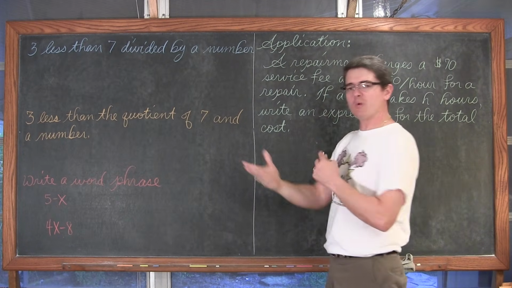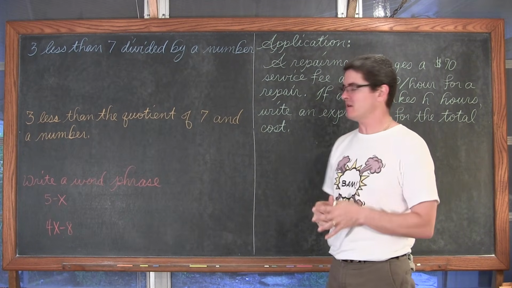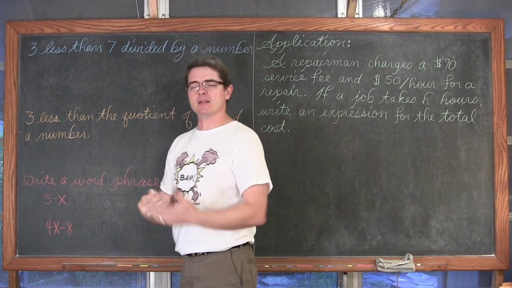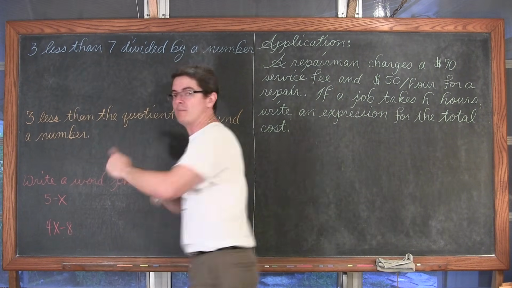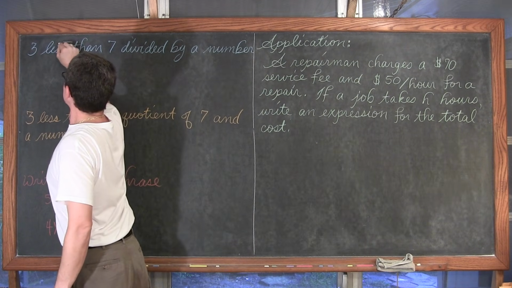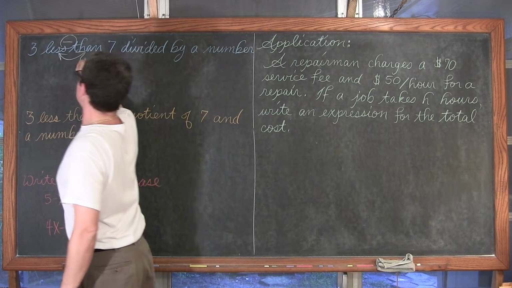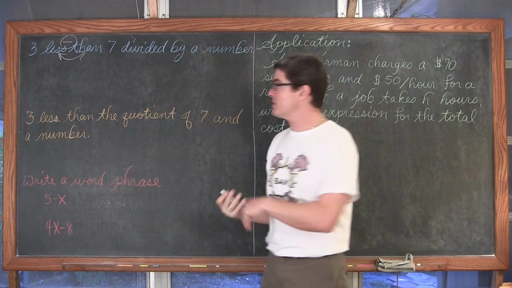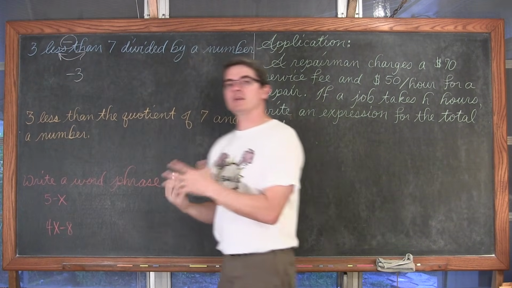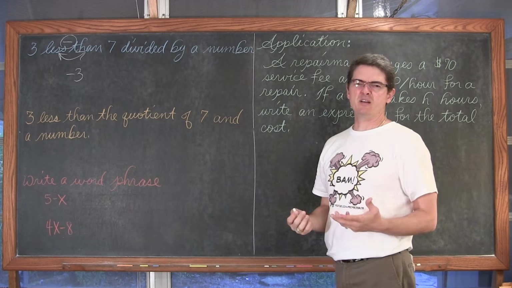Okay, well, this is the one I said would have some ambiguity, how can we set it up best? I keep using the less than and more than phrases because I want to remind you, got to flip those sentences around. So it's 3 less than, but again, that 2-word phrase, you got to change the order. So it's 3 less than, taken away from,